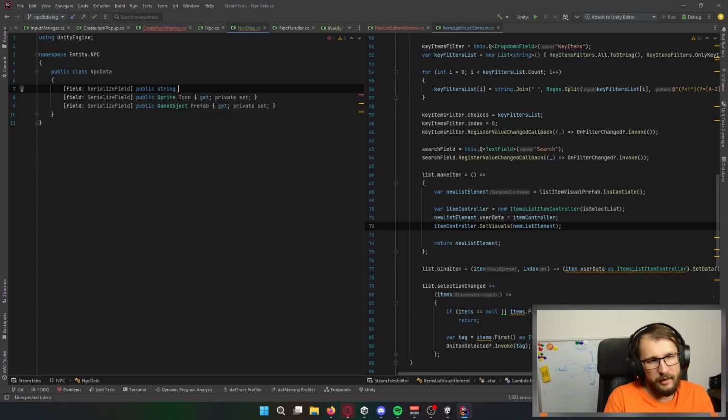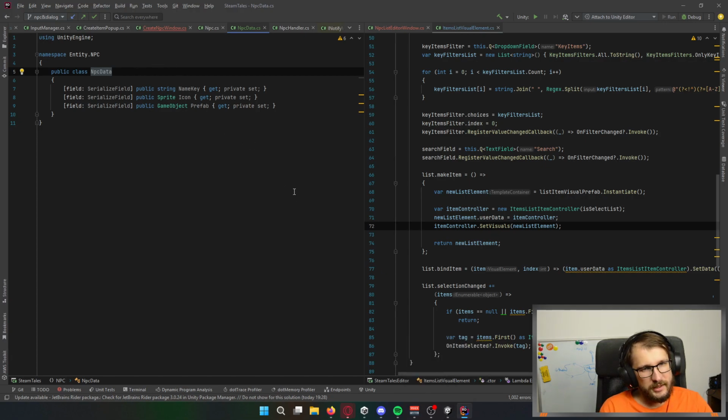I'm thinking about how to properly have this name inside our code. Let's call it name for now. Of course, private set. And when we add our translation system, I will do something with it.